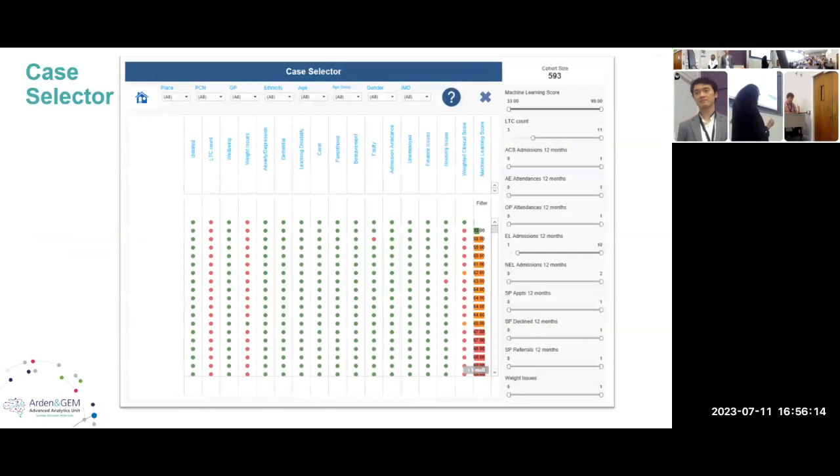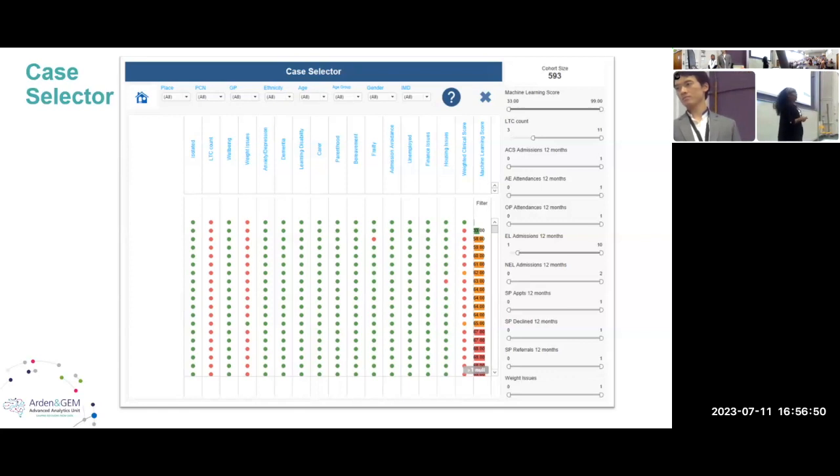And our scoring system was included into the case selector, a case finding tool. With the case finding tool, they can use filters to create the patient cohort list. At the top of the case selector, we've got our demographic filters: the gender, the locality, the GP practices, the ICB that they're in. And on the side, you've got further filters. Those are healthcare related filters, related to social prescribing elements that they want to have a look at.